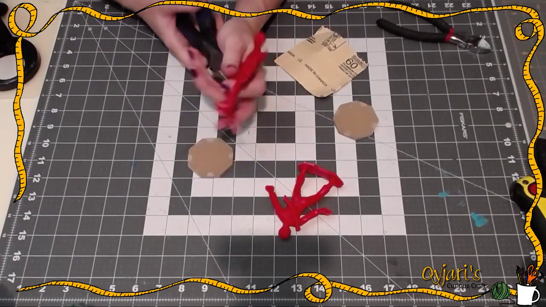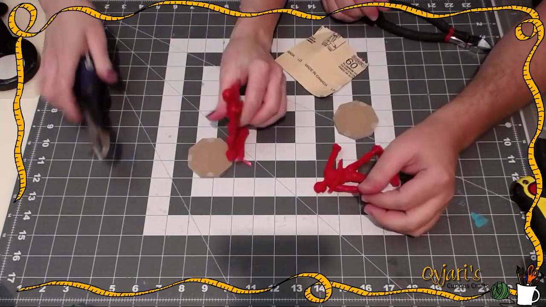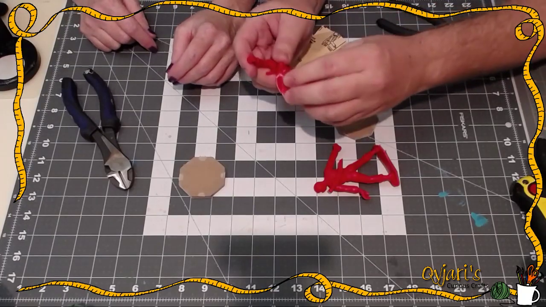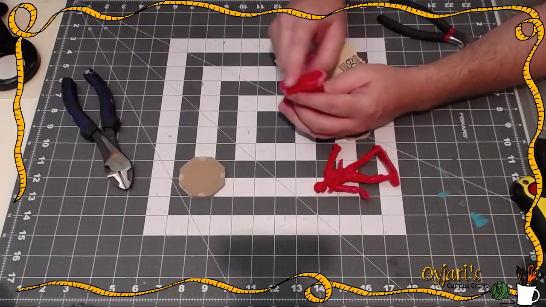Okay, you wanted to keep the middle part, so keep what you've got left there. Ta-da! All right, you did fine. There's enough there. It's actually not terrible. So you want to keep the base